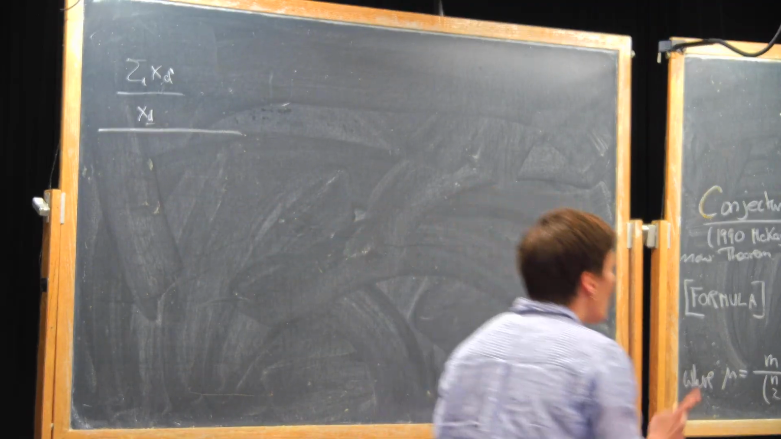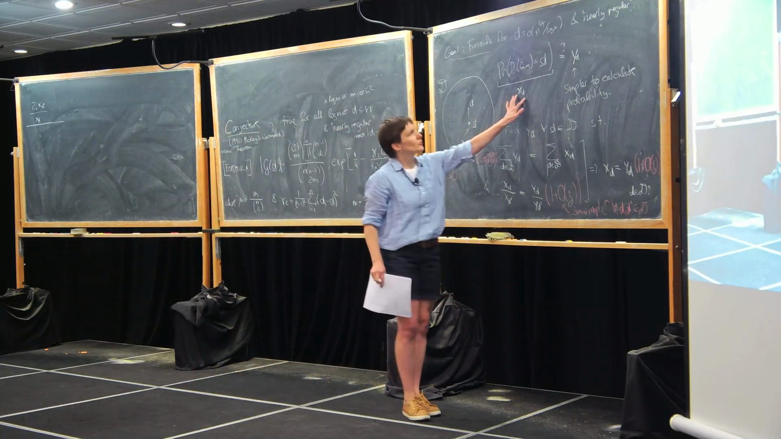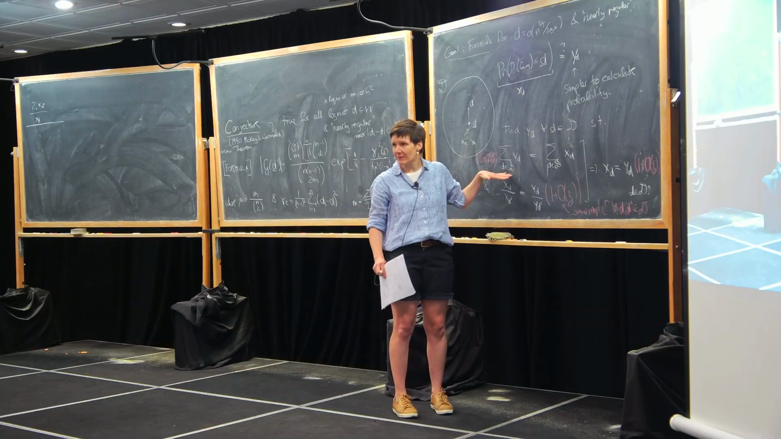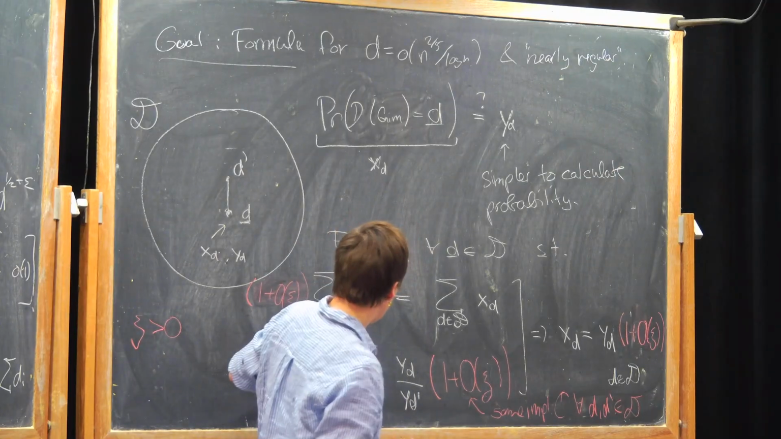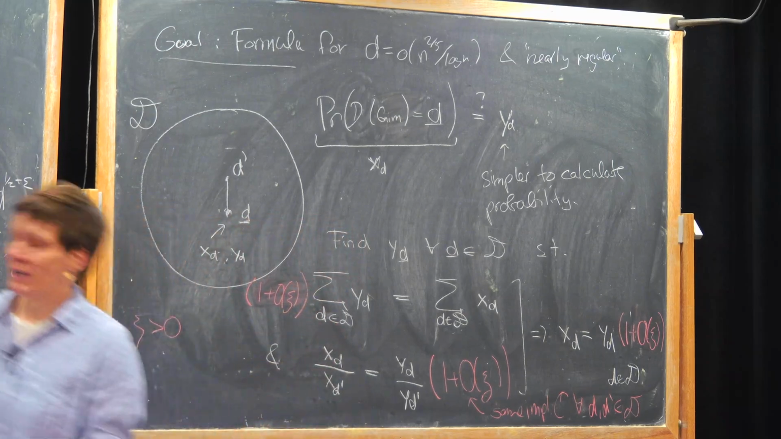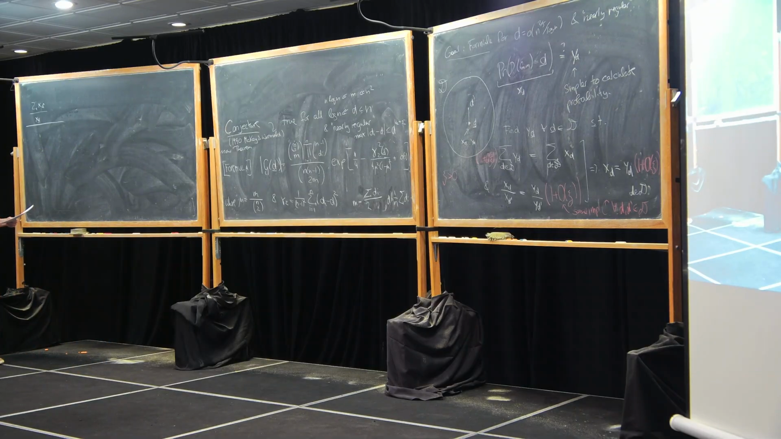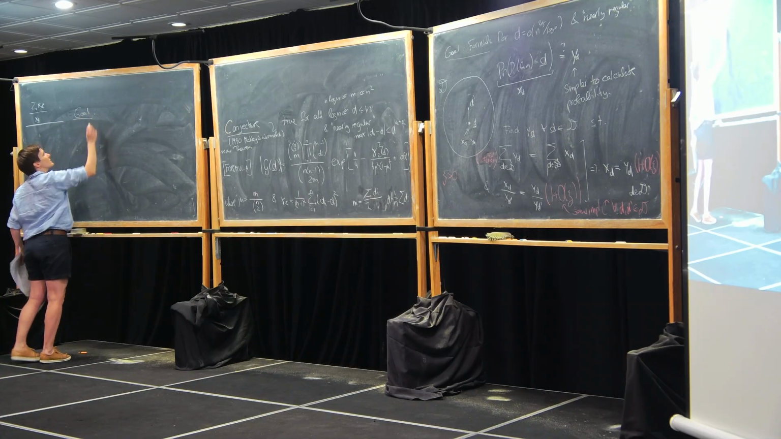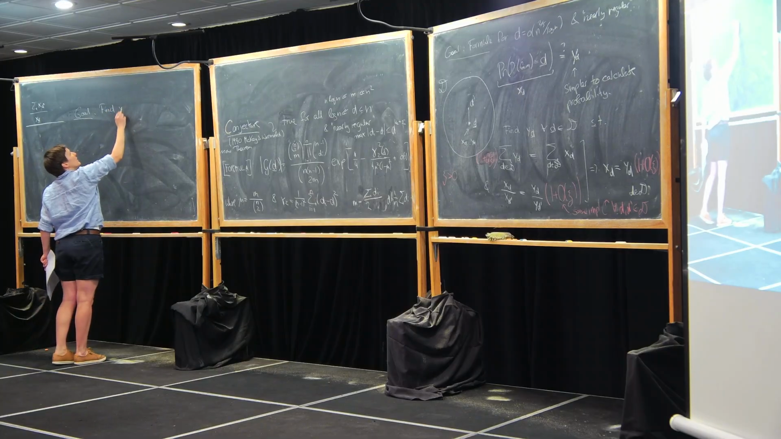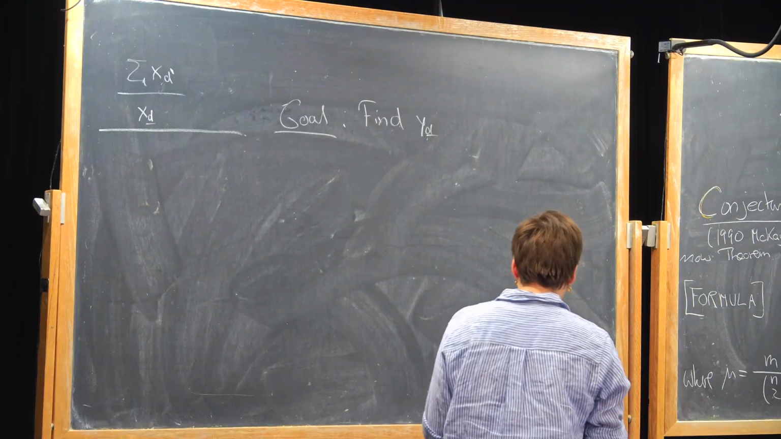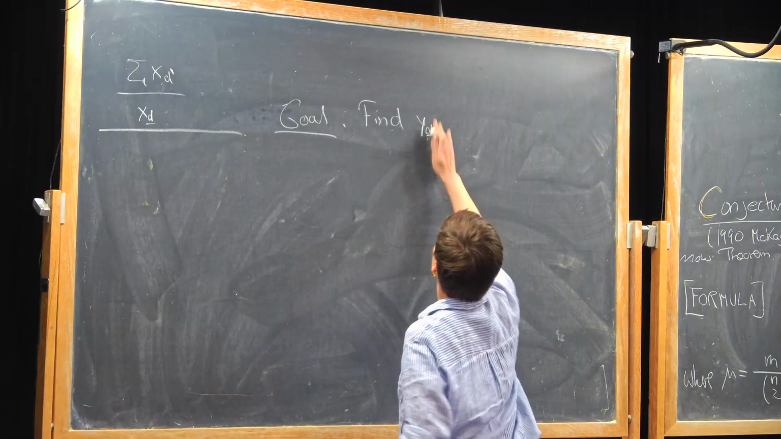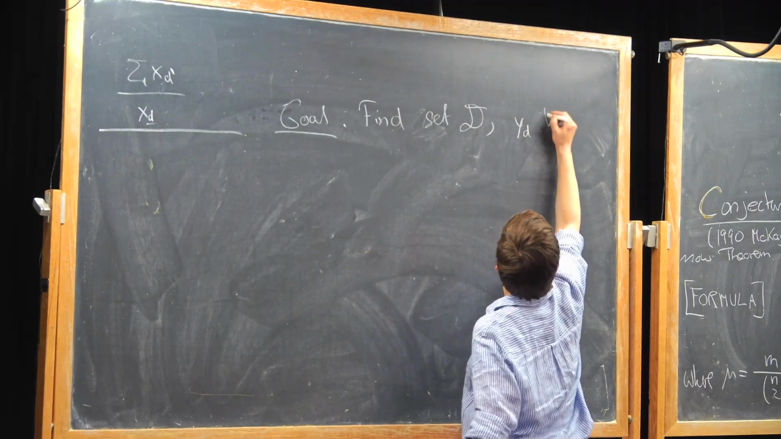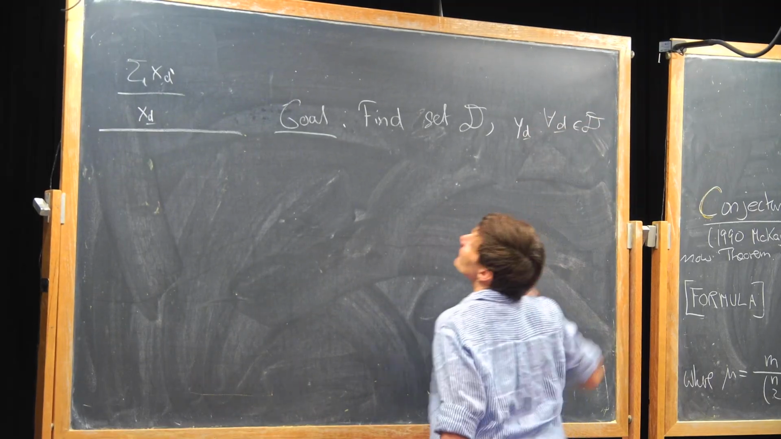Good. So this hints that we want to find these formulas YD, which also sum to the same thing, and so the pairwise ratios agree. Good. So let's write our goal. Overall, find a set D and formulas YD for all D in the set D such that